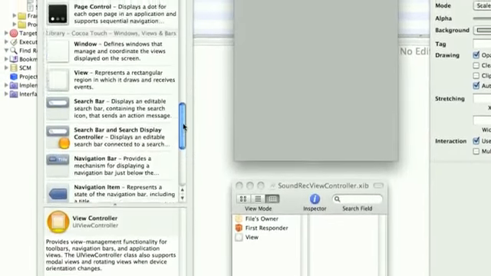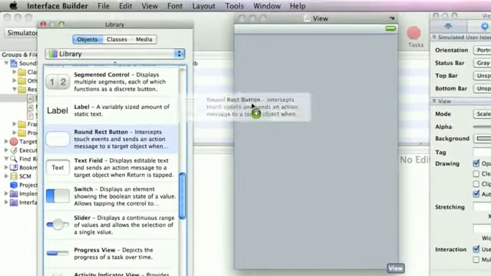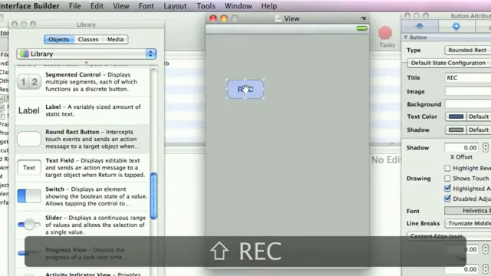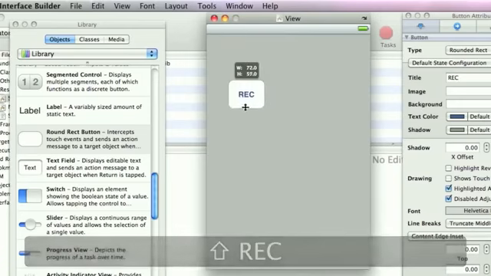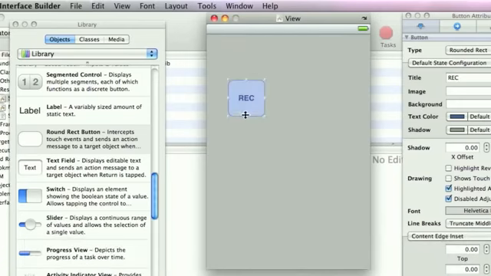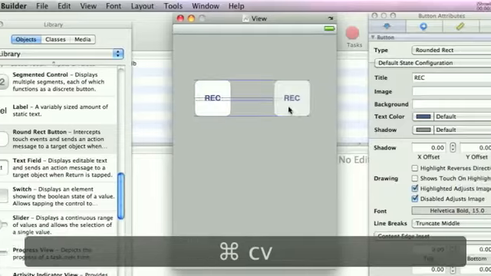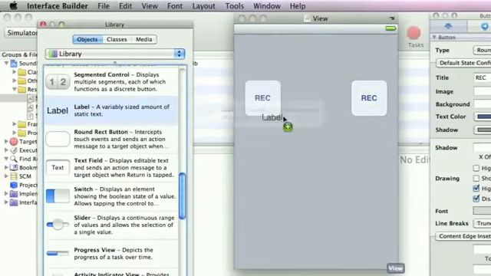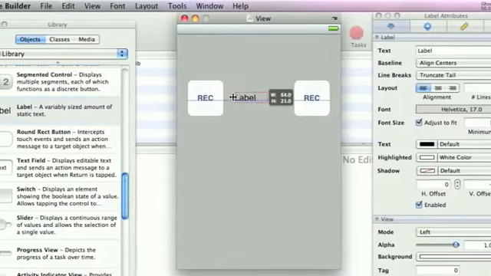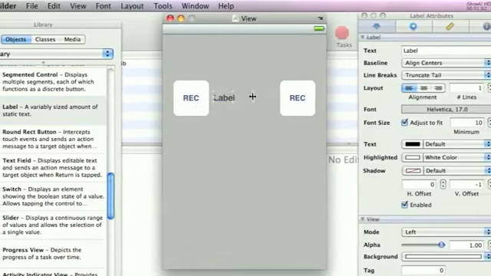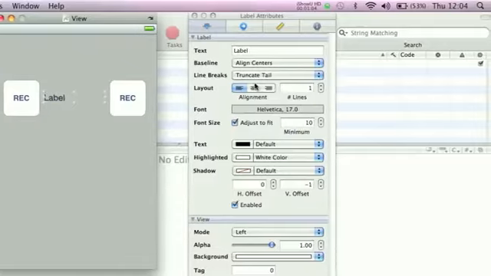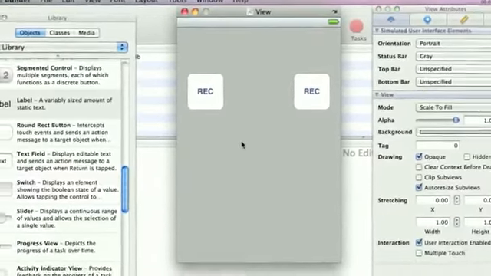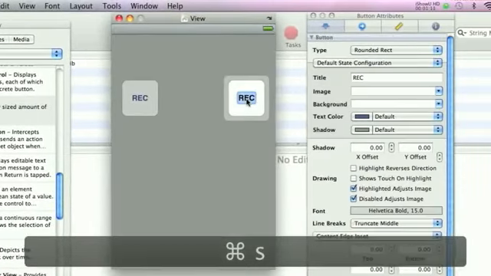Okay, and we want to create a few things. We want a rounded rect button, the word rec in it. Make this a square. We want to duplicate this. We want a label. Make sure this label is empty. We want to rename the second button play,